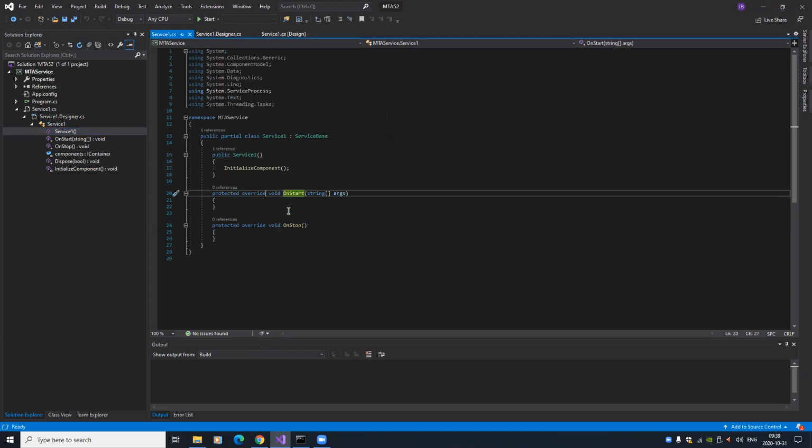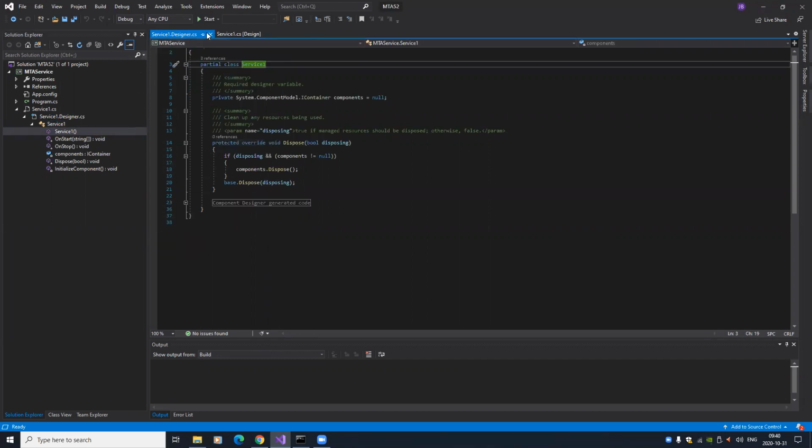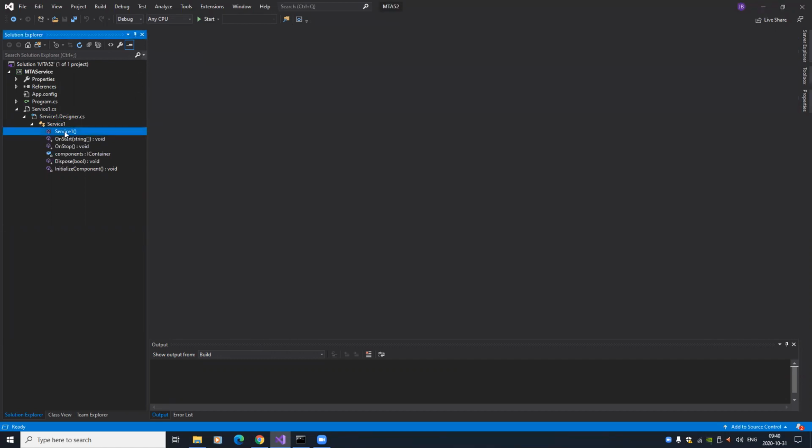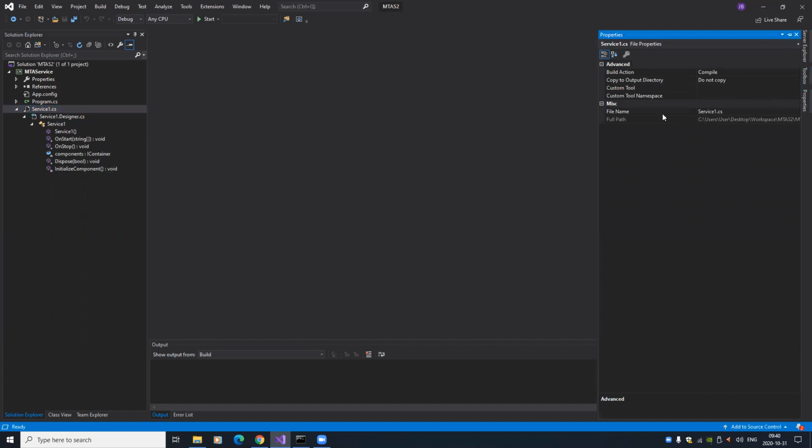Okay, here's the good part. Ooh, okay. So you can see that it automatically specified it as service 1, which definitely isn't ideal for me. So I'm actually going to rename it because we did make its name. Did we not set it? We did set its name to MTA service. So that's interesting. I'm just going to jump into the properties quick and change the name of this